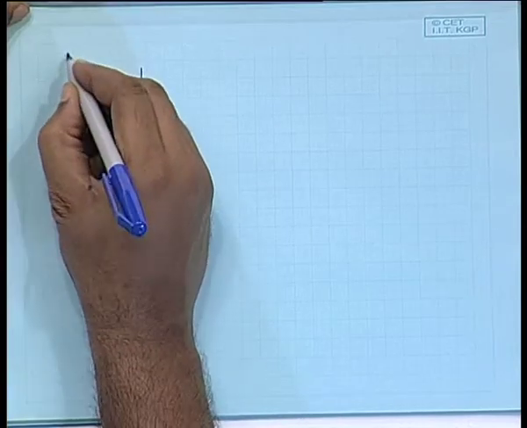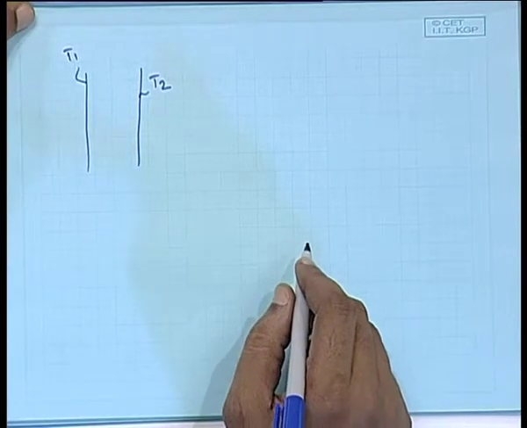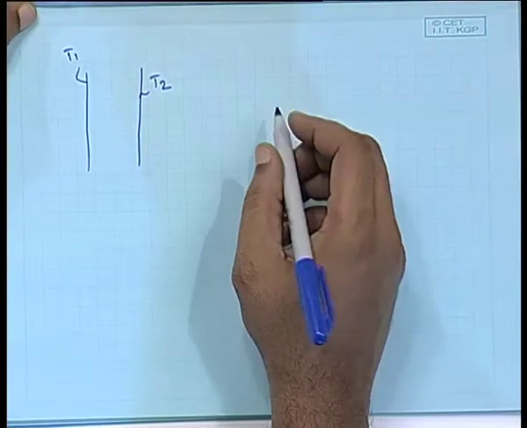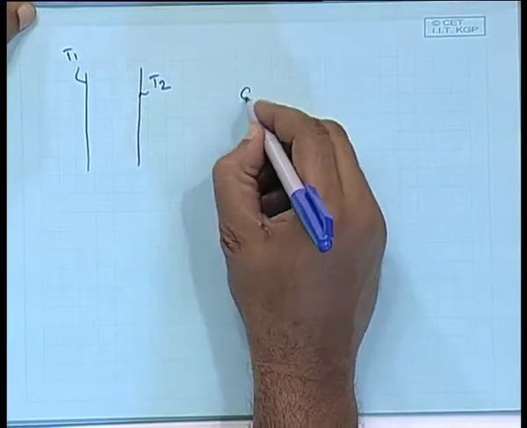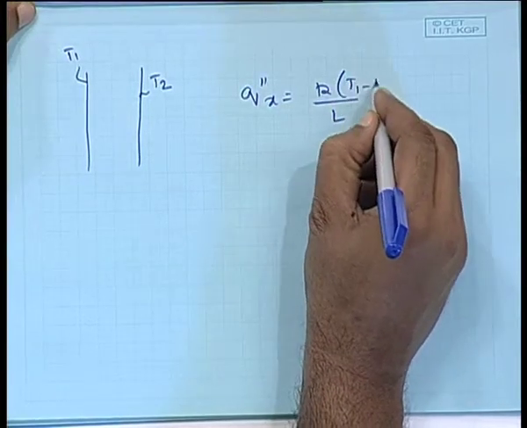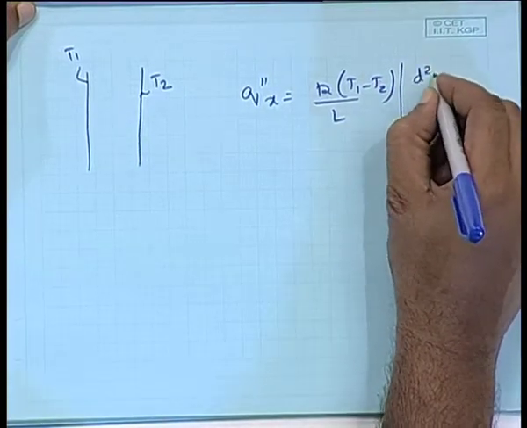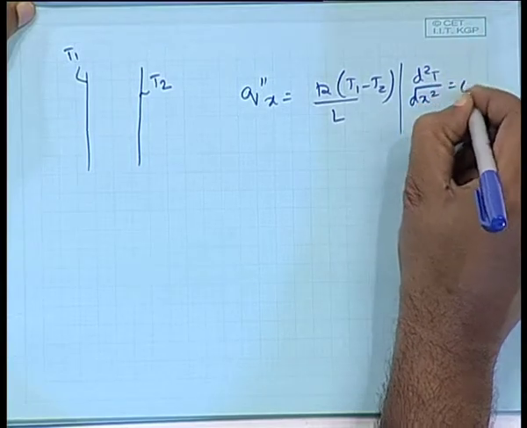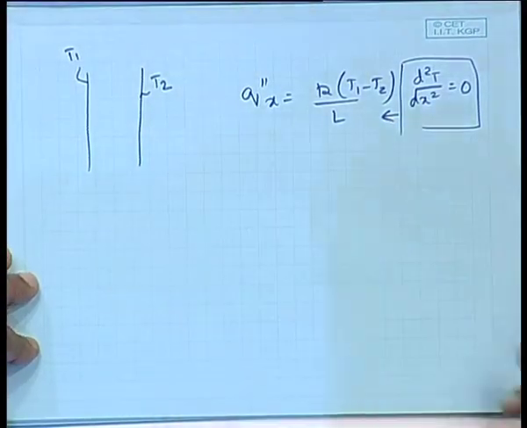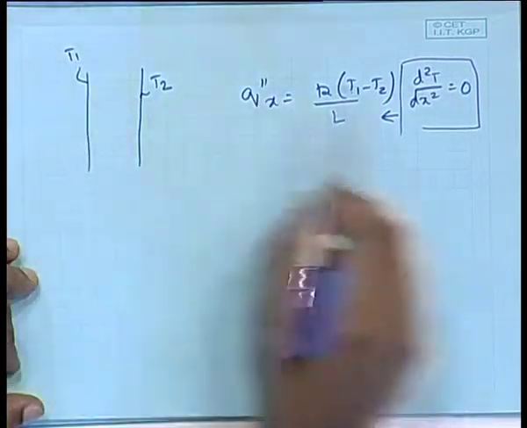let us say, T1 and T2 being the temperature at two sides of a wall. We would like to find out what the temperature distribution is. You all know about this, so I do not want to spend too much time on it. This simply follows from this, which would be my governing equation. Starting with this governing equation, you obtain the heat flow or the heat flux, which would simply be